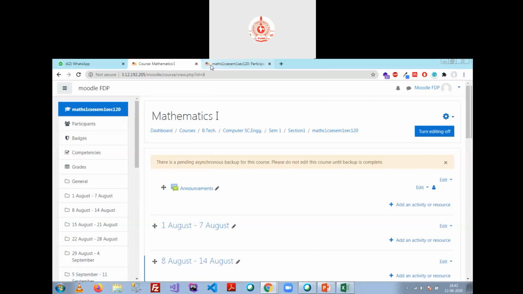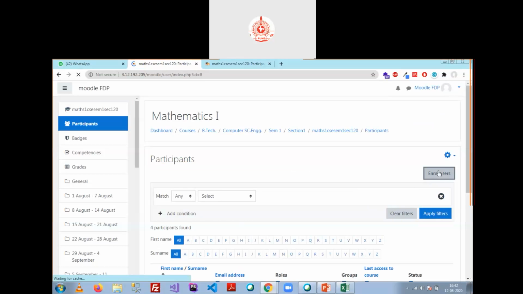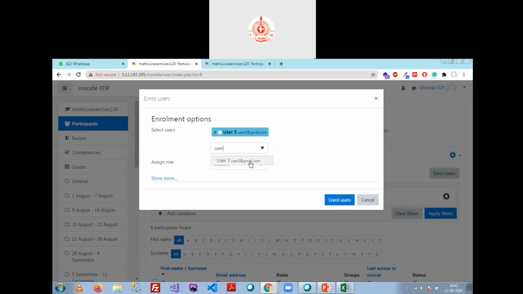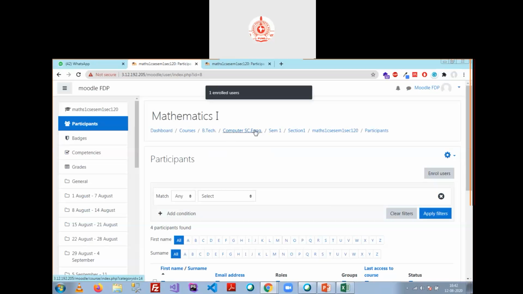But this time, when you click on enroll users and type here user 3, it is also defining that you are able to enroll this user through manual. Okay, click on this one, enroll users.